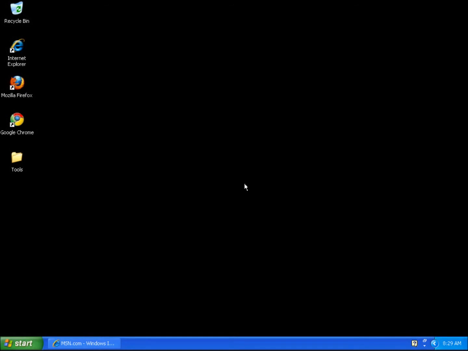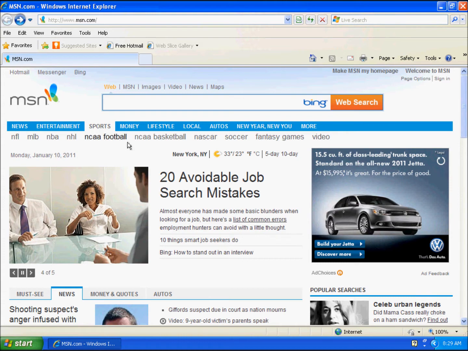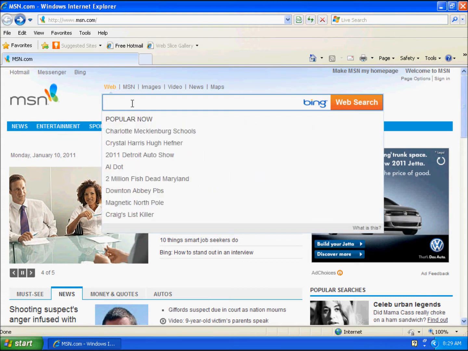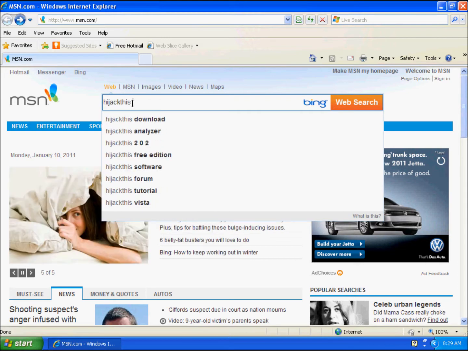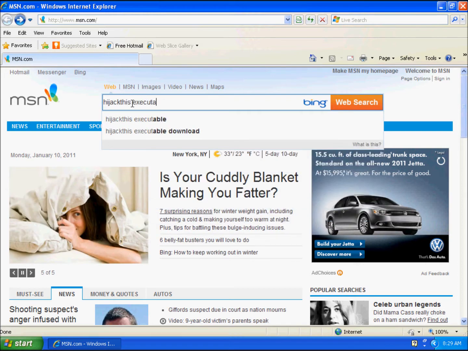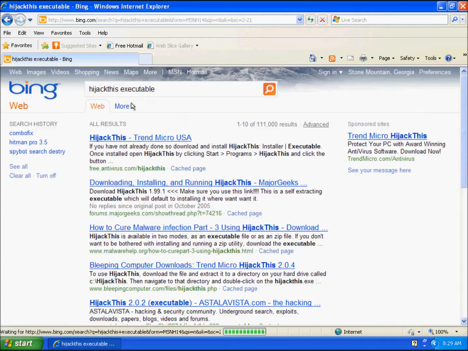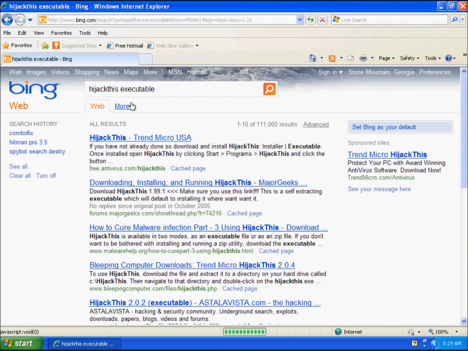So getting started on our next program, which is HijackThis. Going to go ahead and pull our browser back up. You can use your favorite search engine, type in HijackThis, and also include executable, because there is an installable version of this program, but in our case we don't really need it. And we're just going to click on the first link here. It's going to make reference to Trend Micro USA,